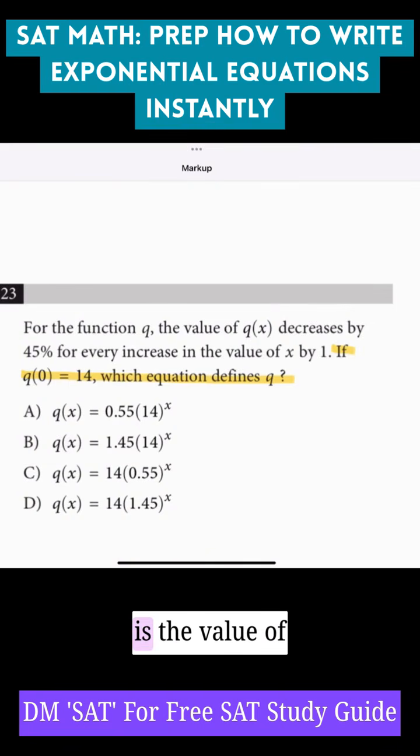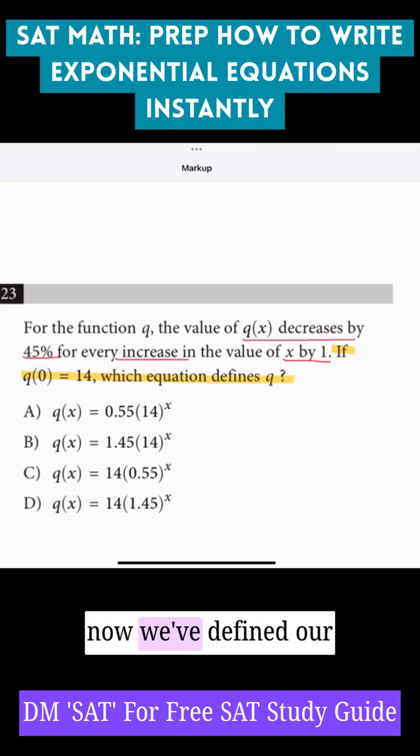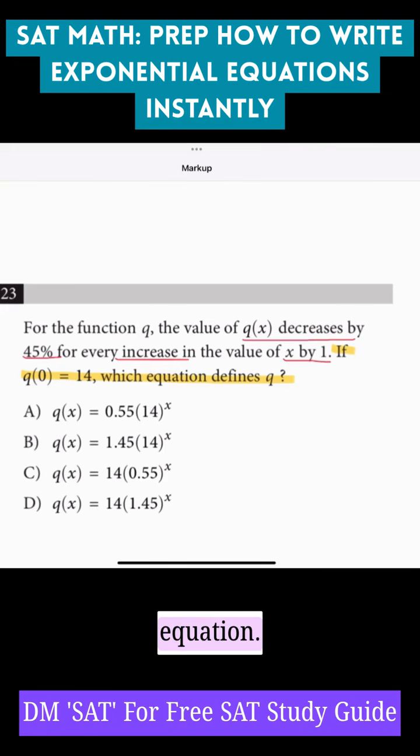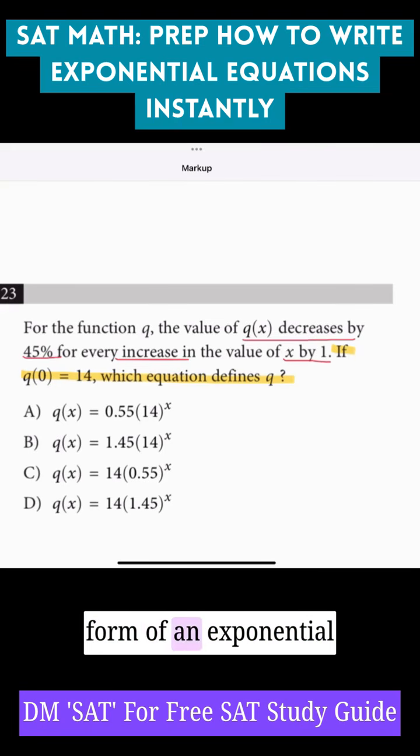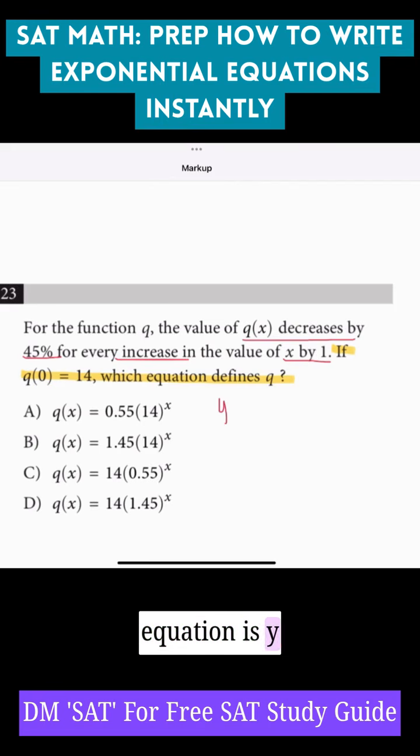Then what we also know is the value of q of x decreases by 45% for every increase in the value of x by 1. So now we've defined our equation. So we know the form of an exponential equation is y equals a times b to the x, where a is the starting value,